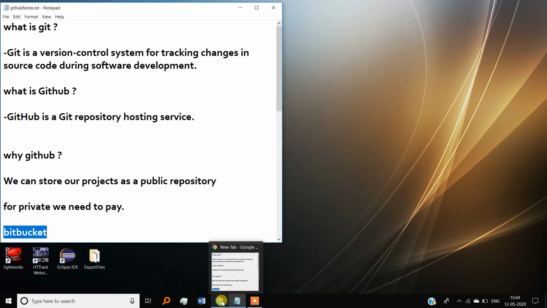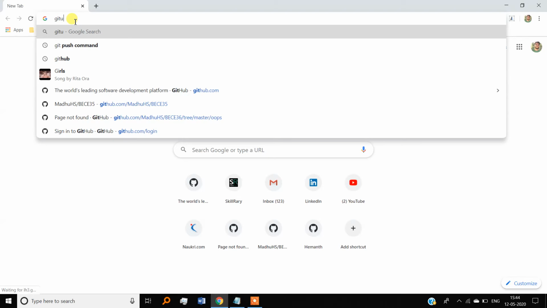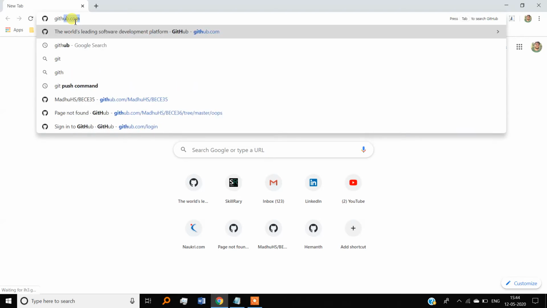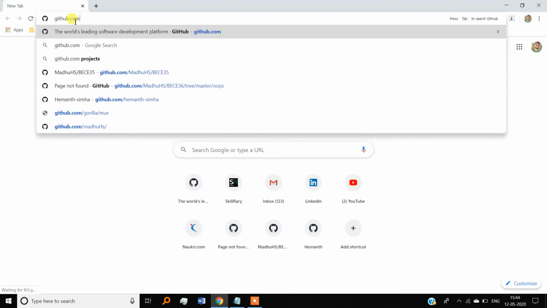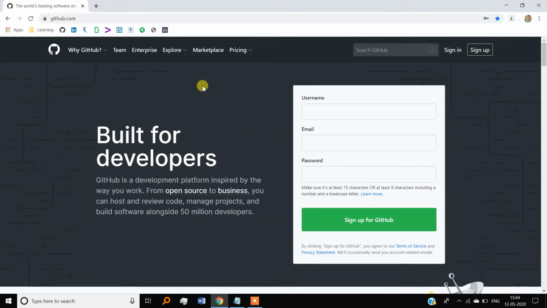So let's see, we will learn. Type github.com. This is the official site of GitHub. This is how it looks at first.